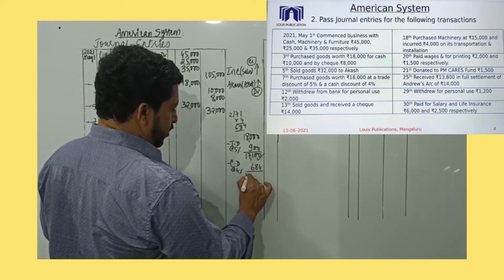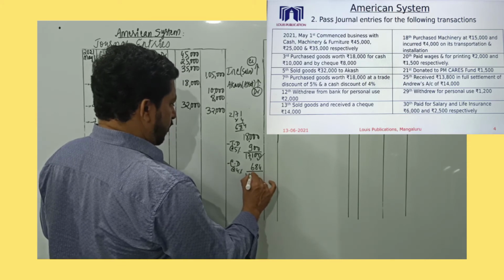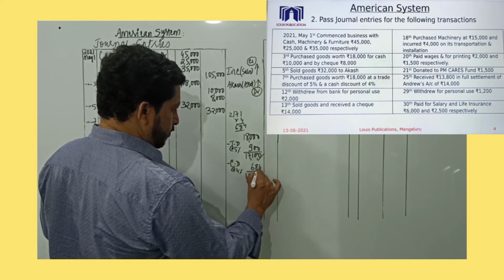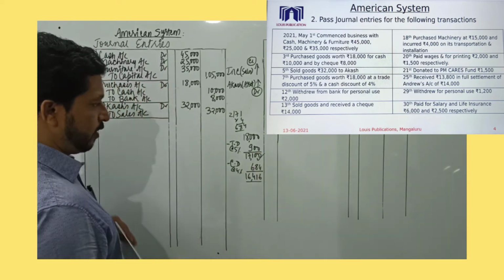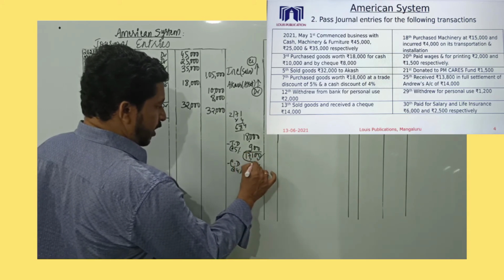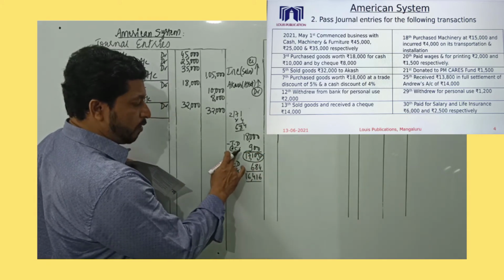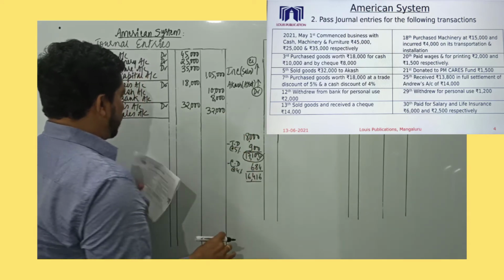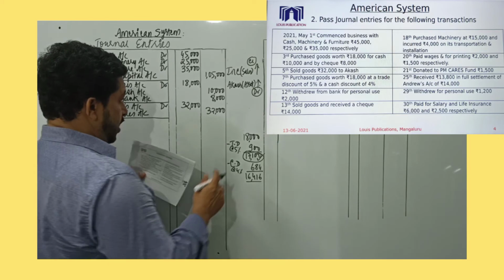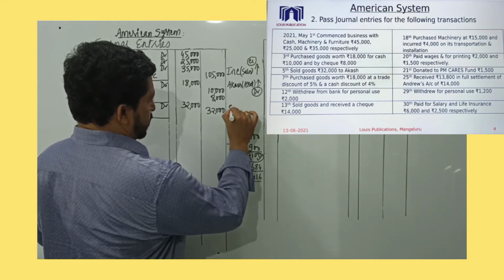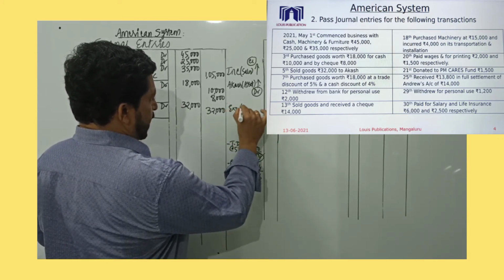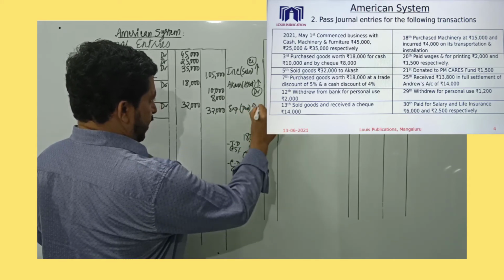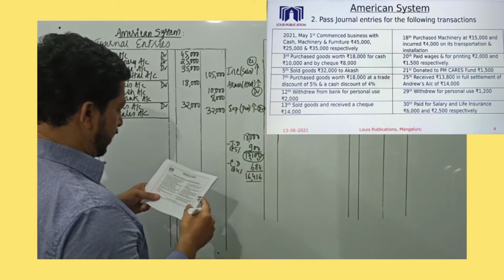So if I deduct cash discount, it will be 16,416. So transaction value would be 17,100. As I have told, trade discount will never form a part of our entry at all. So remember, which are the accounts that we have? We have purchases. Purchases is an expense. And expenses are increasing means it is debited. So purchases account will be debited.